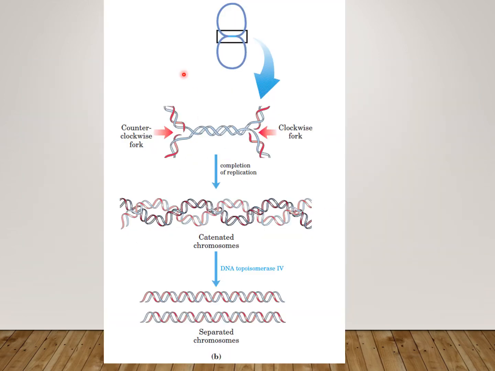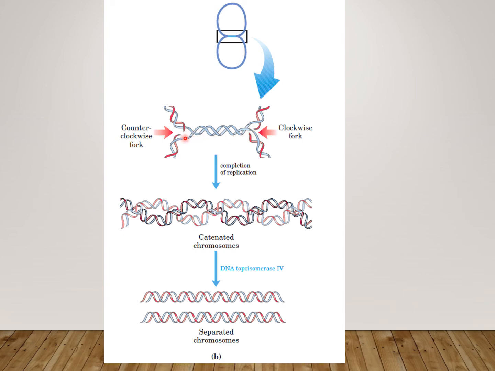If you see over here, the replication has happened from both sides, but at the center, if you can see this box, this much part is remaining to be replicated. This is a magnified image of the same part. The above part is replicated. Only this much center is remaining to be replicated, because the replication fork is arrested by the TER-TUS complex.